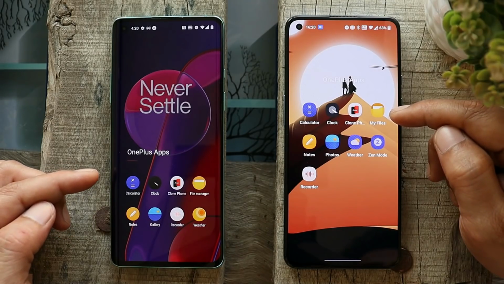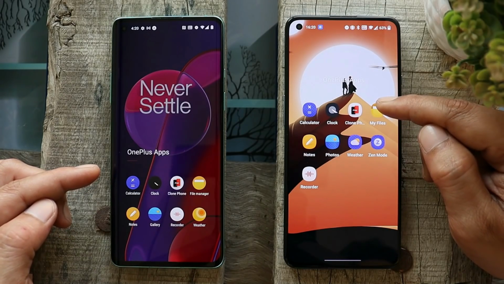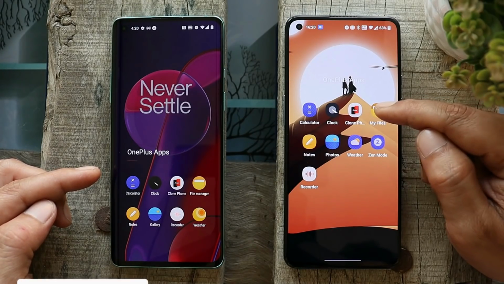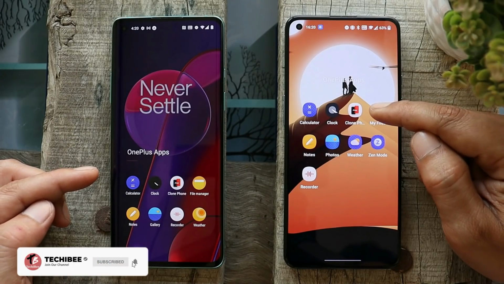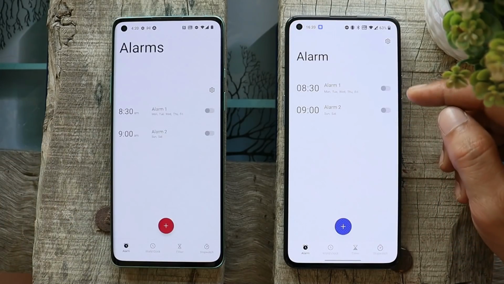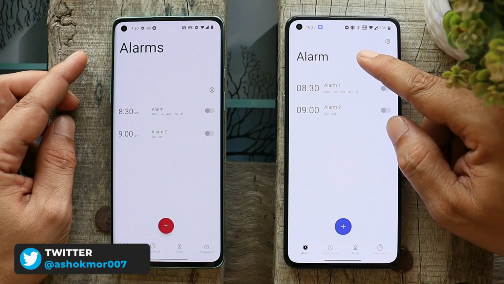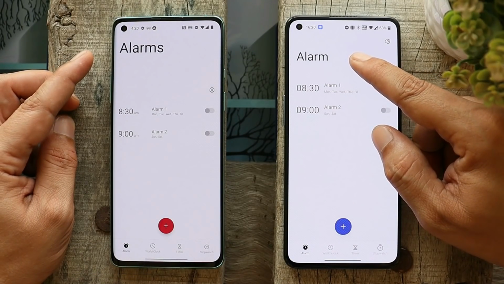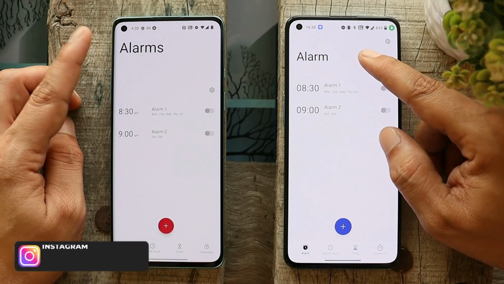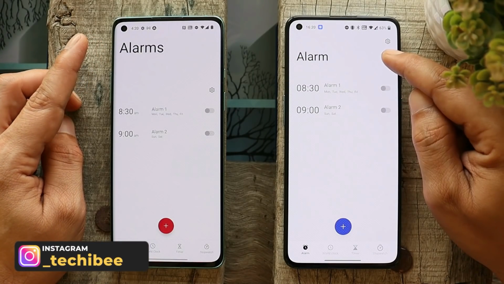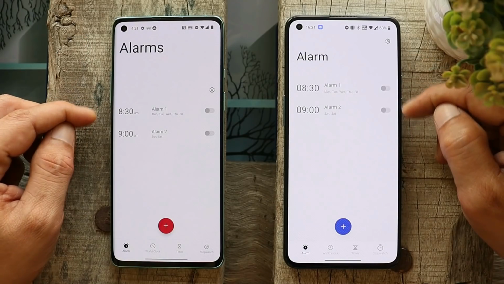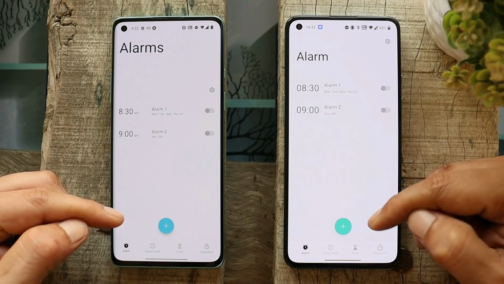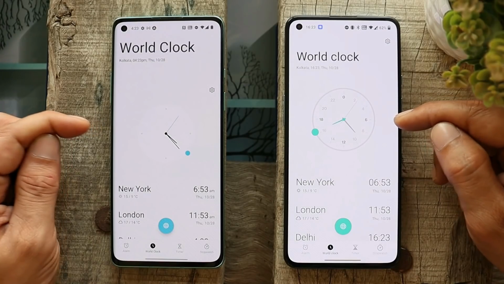So now let's move on to the next application, which is clock. I tried installing the Oxygen OS 12 clock application on Oxygen OS 11, but I wasn't able to install it. So currently you can't install the clock application on other OnePlus devices running Android 10 or Android 11. Let's take a look at the application here. On Oxygen OS 12, as a first impression, as soon as you open the clock application, you can see the fonts are a bit smaller compared to Oxygen OS 11. And on Oxygen OS 11 they have written alarms, but on Oxygen OS 12 it only says alarm. Alarm fonts and other stuff remain the same, and this color changes depending on the device accent color you have set. Under world clock, here also we have a different clock to be seen.